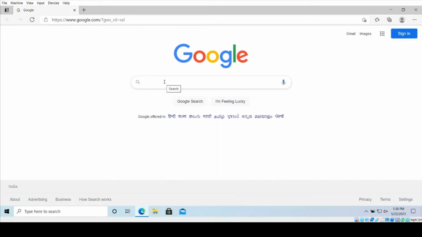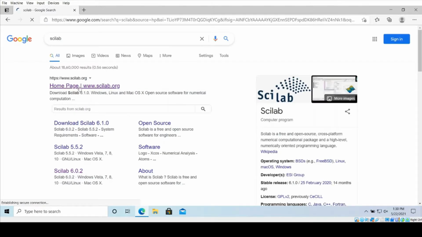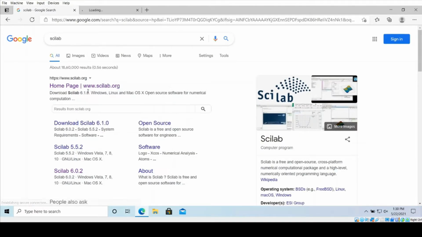So basically in this video we are going to learn about how Scilab is installed on your Windows and how you can use it. You just have to go to Google and type Scilab. Okay, so here on the first page, you have to right click here, open in a new tab,